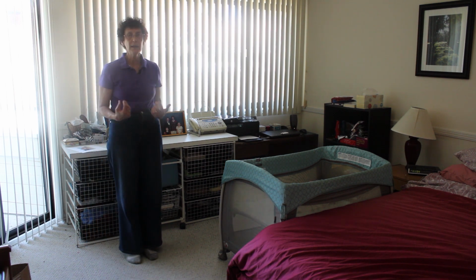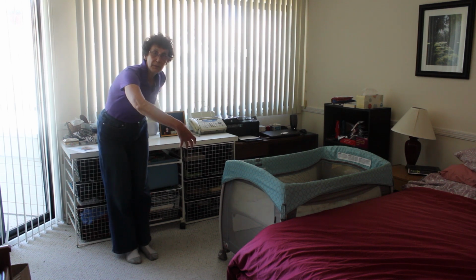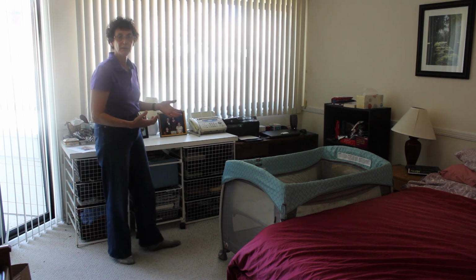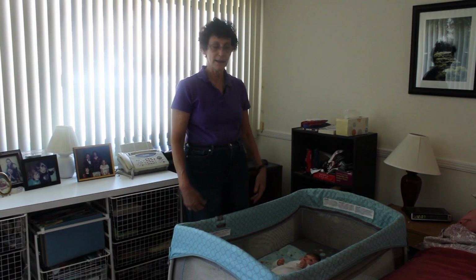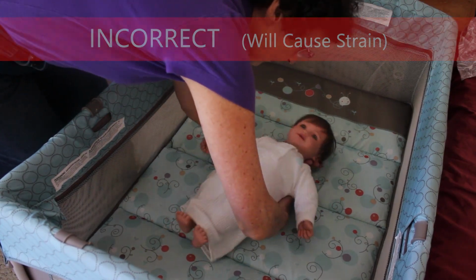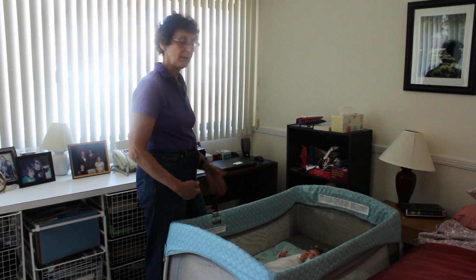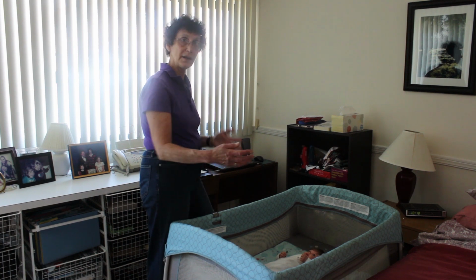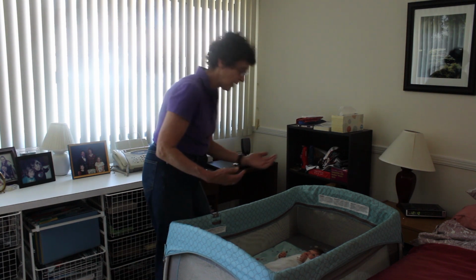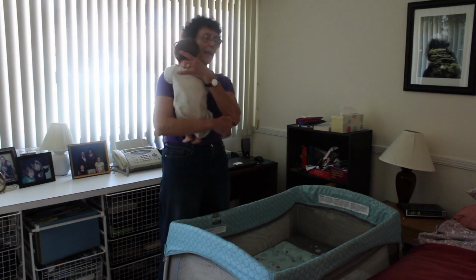If your feet are together and you're reaching for the baby, that's when you're going to be in that awkward position, as well as it being bad for your back. So the right side would be the right foot, the left side would be the left foot. What we want to avoid is this position when we're lifting up our baby. But what we do want to do is position our body correctly with that one foot forward, depending on which side of the bed you are, and good body mechanics, which means you're going to bend your knees a little bit, and then you're going to get underneath the baby with good straight arms and hands